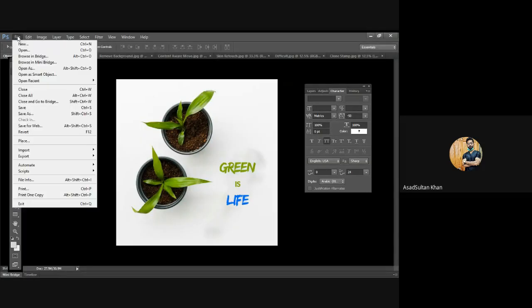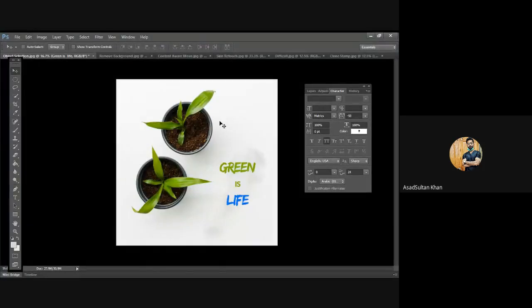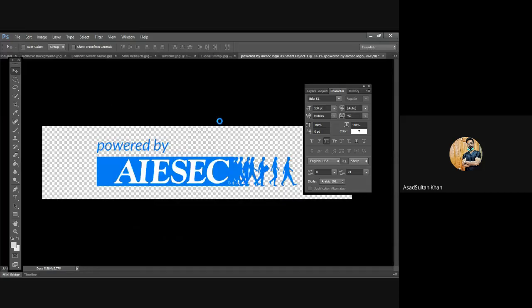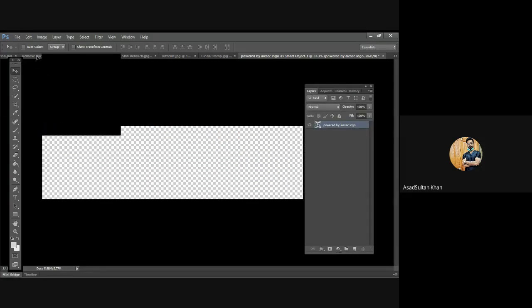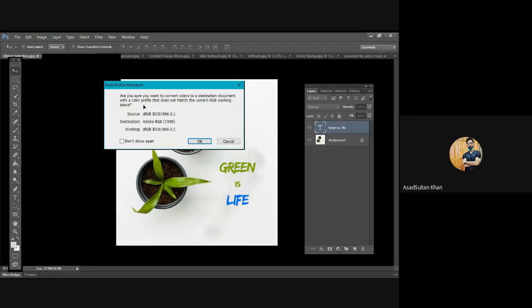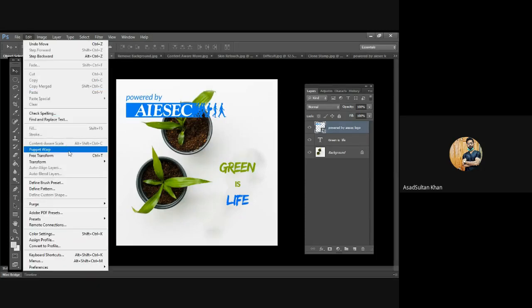and I can also open it as smart object. Basically, smart object ये होता है कि here I go, here I choose the logo. और smart object में आपके पास ऑलरेडी लोडेड होता है the file, the logo, the picture is already loaded. That's like, उसको पकड़ के आप ले के जा सकते हो अपनी इमेज पे. So this is already loaded. What I'm gonna do is I'm just gonna pick it up and I'm gonna paste it here. Now this is my logo. अब एडिट में जाके I'm gonna transform it.